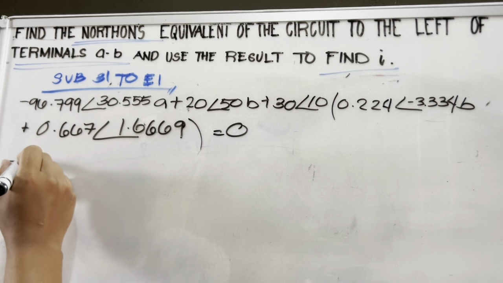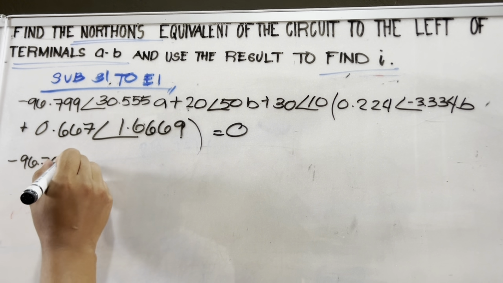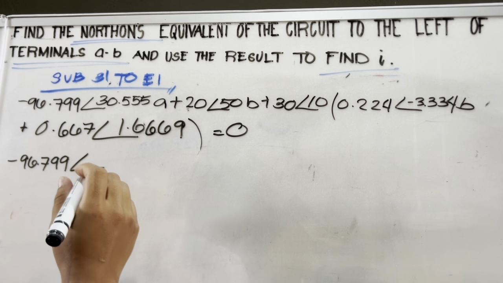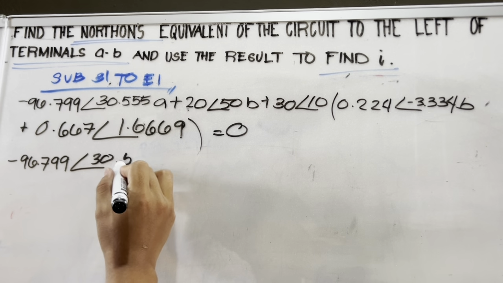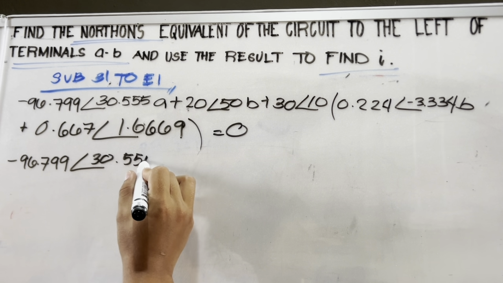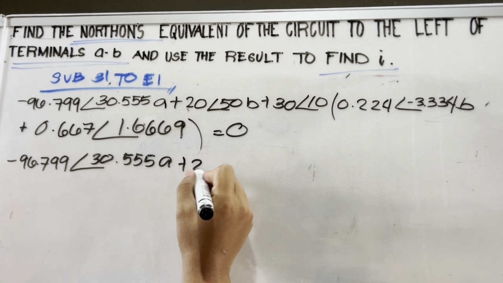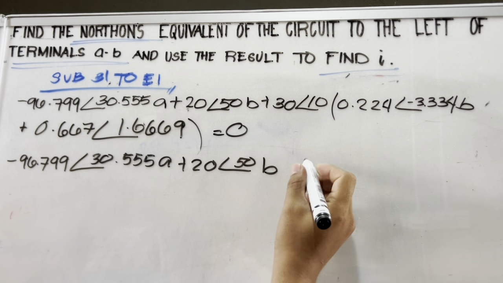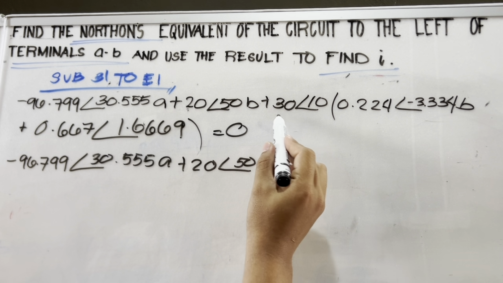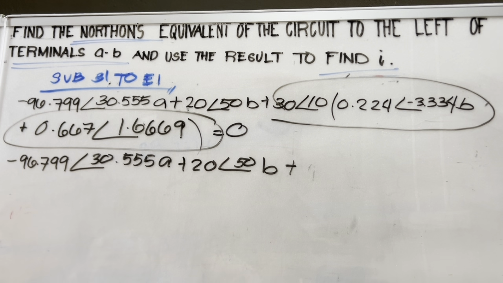Therefore, we now have 96.799 angle of 30.555 times A plus 20 angle of 50 times B plus we will now be solving this area including this one. So the answer there is